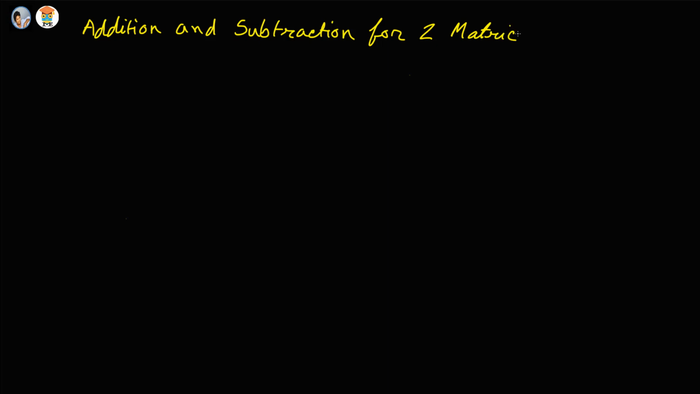In this video, we'll talk about addition and subtraction for two matrices. Let us assume A is a matrix with dimension m by n and B is a matrix with dimension